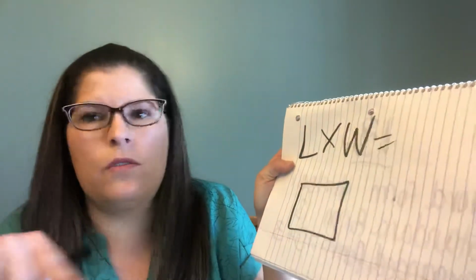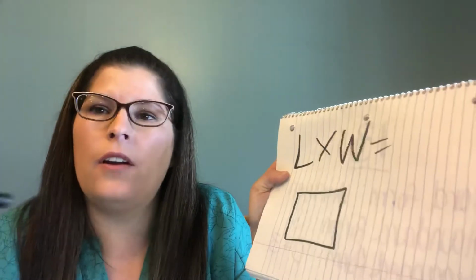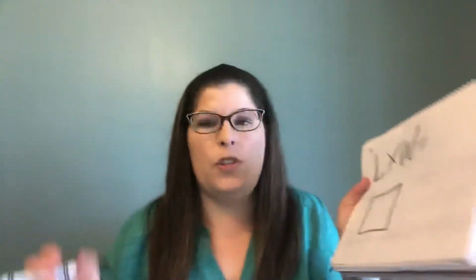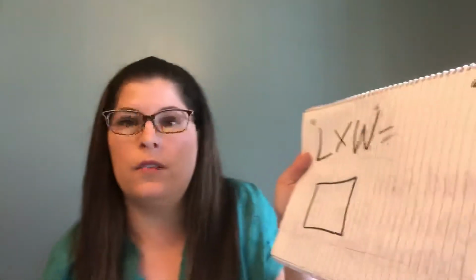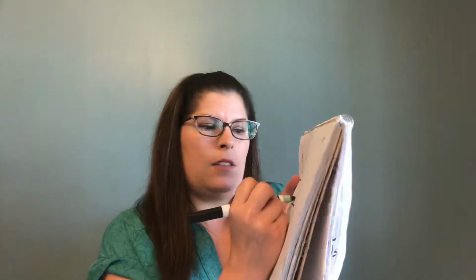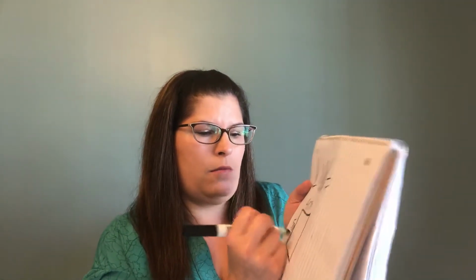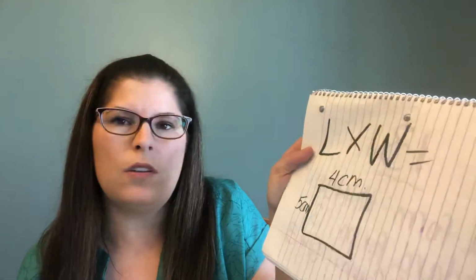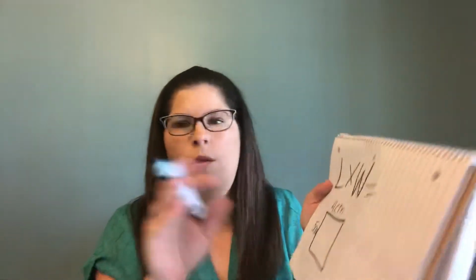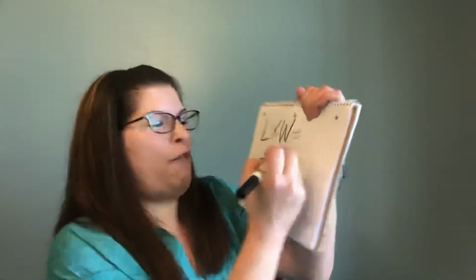I'm sorry, I said closed figure. No, it's the area of a quadrilateral, which these first two are. So length times width. So let's say this is 4 centimeters and this is 5 centimeters. I actually have it wrong where they would be, but for this case, it would be 4 times 5,